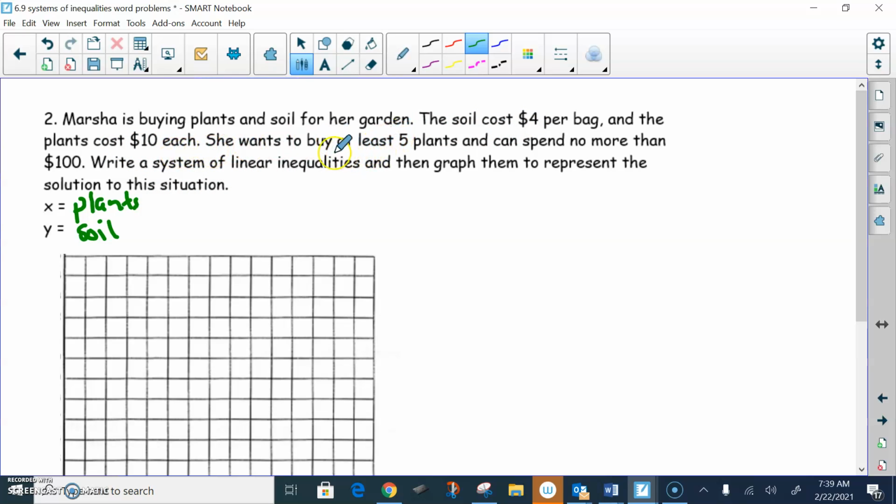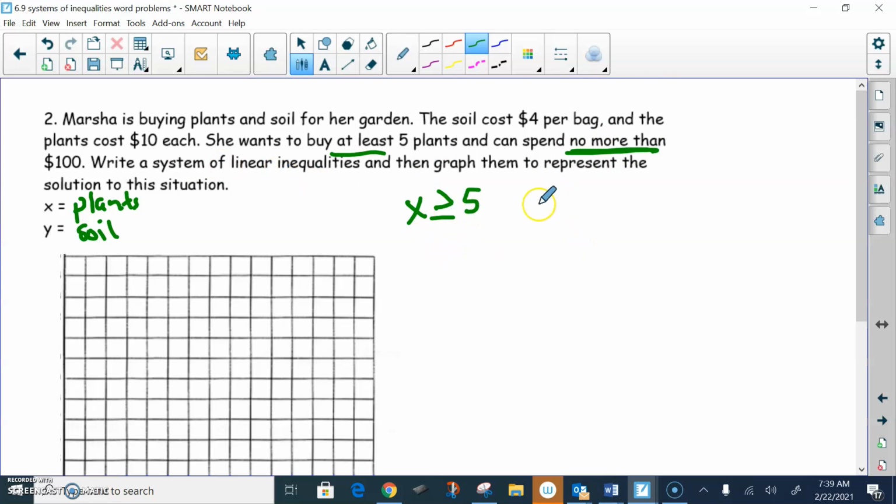She wants to buy at least, there's our clue, at least 5 plants. And we said X is plants. So we said X has to be at least, so that means greater than or equal to 5 plants. That's our first inequality. And she can spend no more than, we know that means less than or equal to